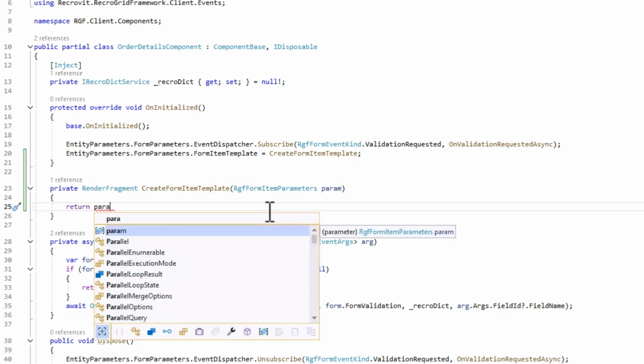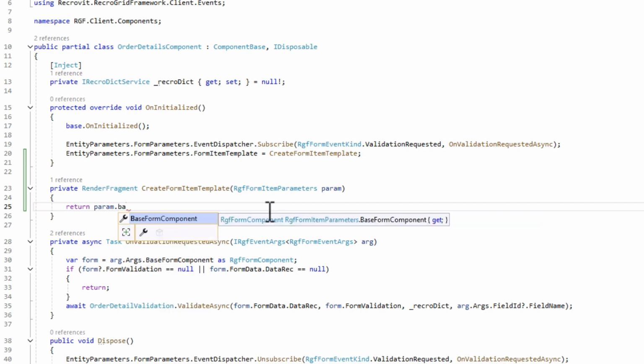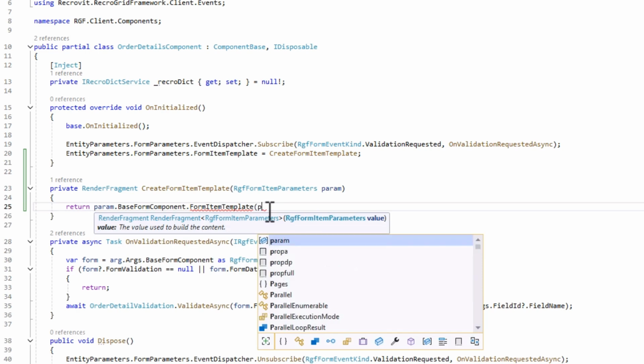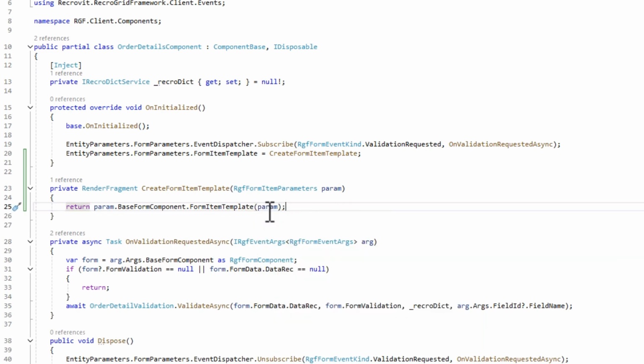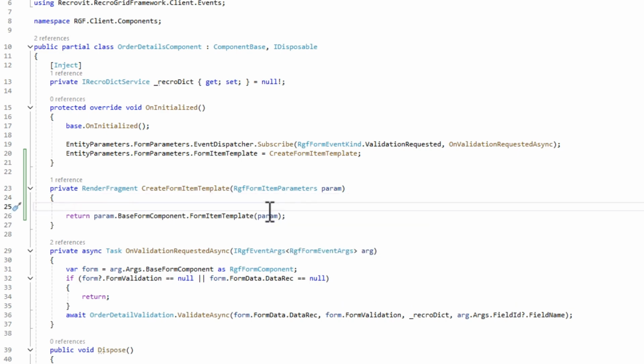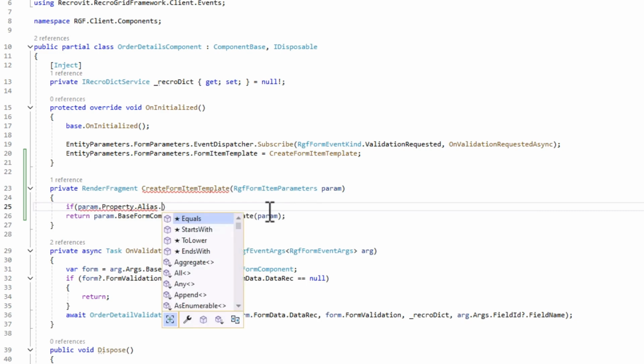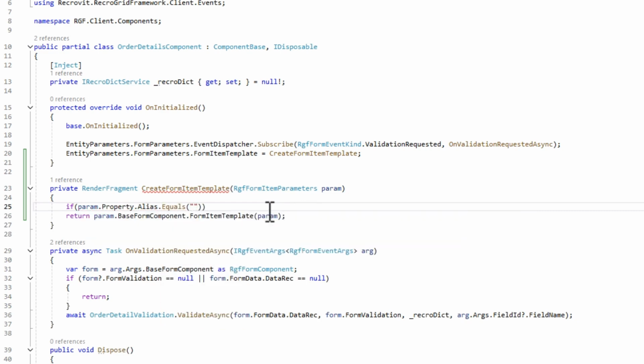To execute the default behavior, I just need to call the FormItemTemplate of base form component. However, if the field alias is discount, I will create custom content.